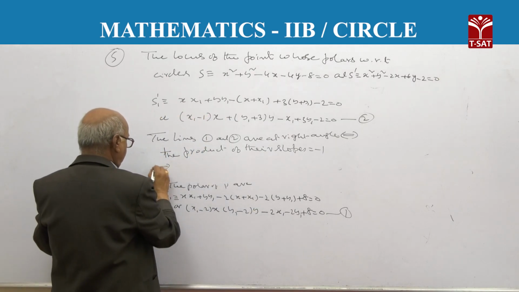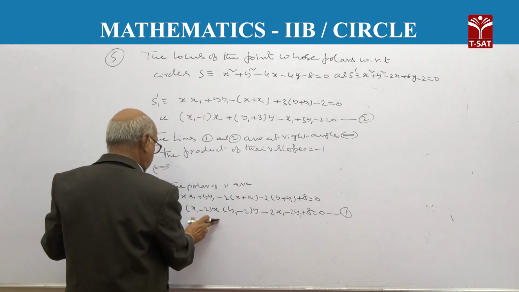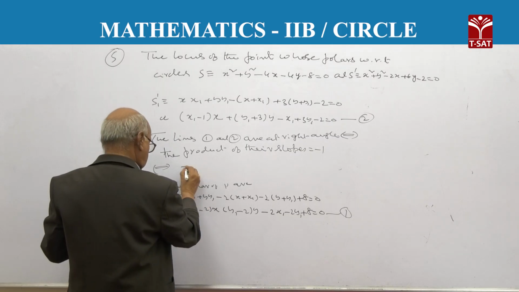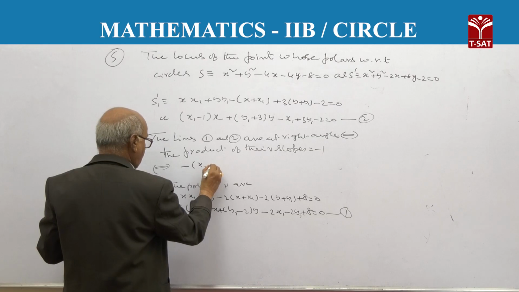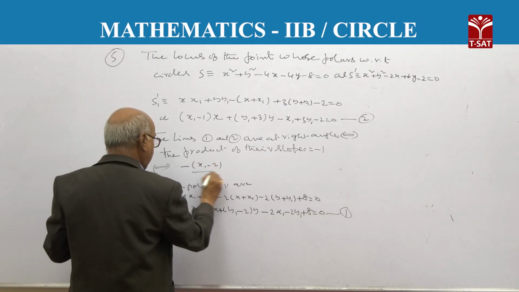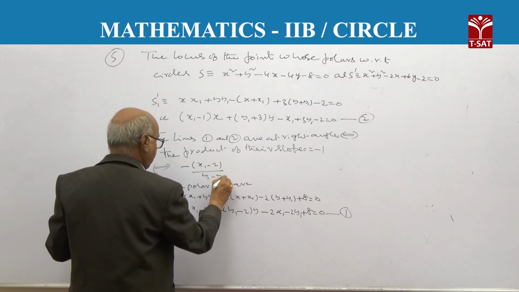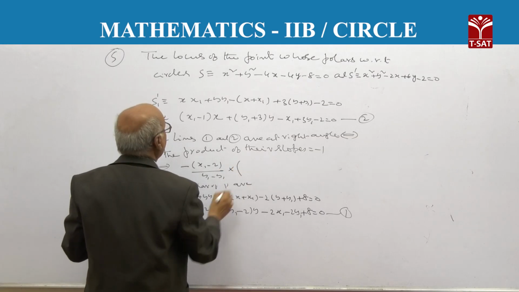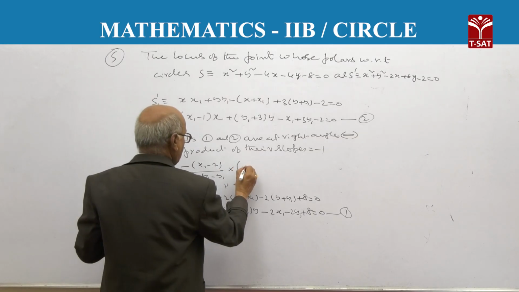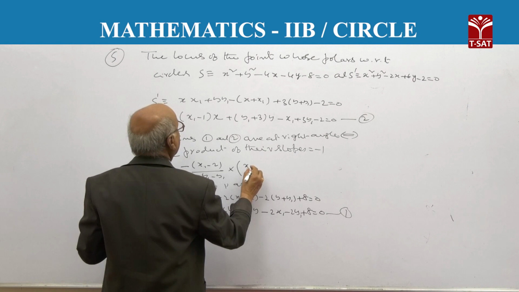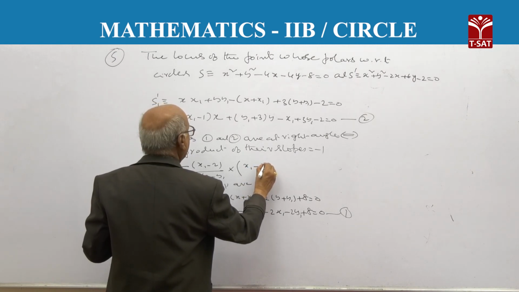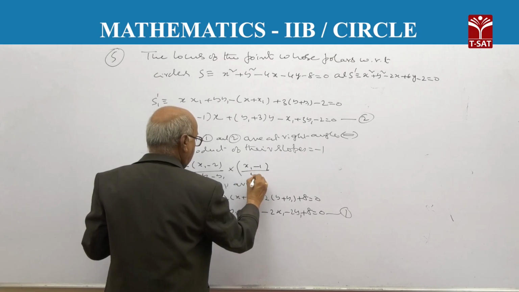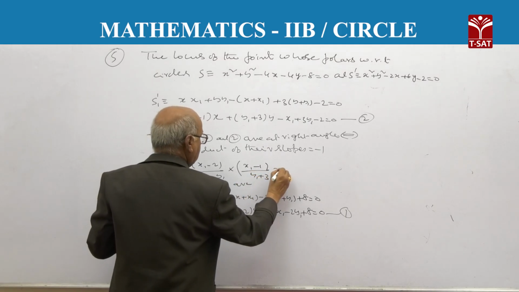So, that is if and only if the product of their slopes, means minus of (x1 minus 2) by (y1 minus 2) into (x1 minus 1) by (y1 plus 3) is equal to minus 1,